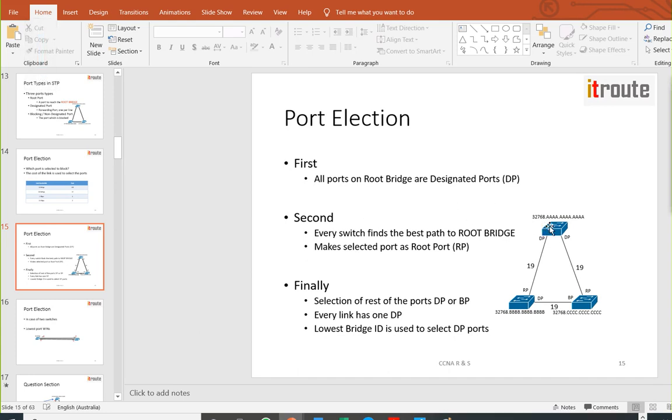So if we look here, there are multiple links in here. This switch has a lower MAC address, but all the switches have the same priority. This switch will be the root switch, and these two ports will be DP. This switch has one DP and one RP. RP will send the frame towards DP,